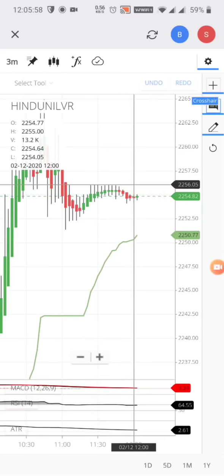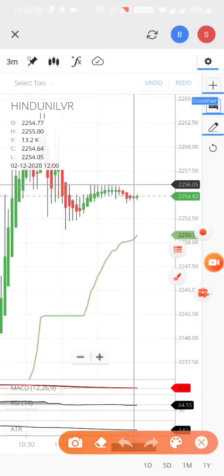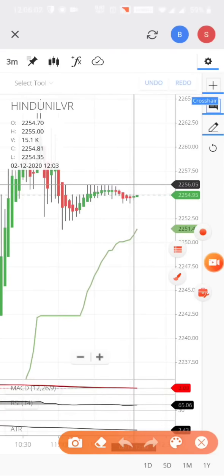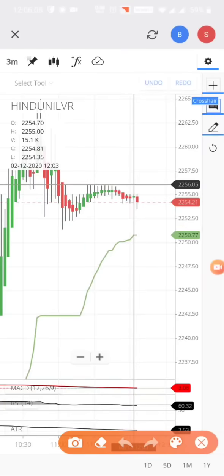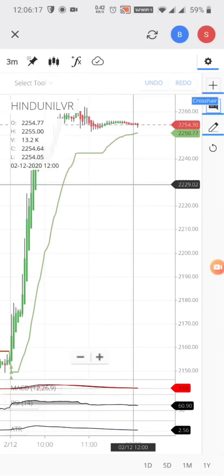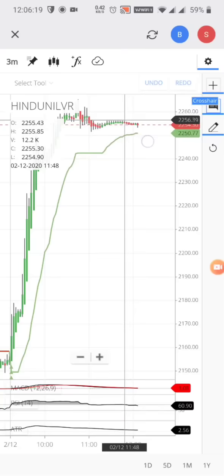That's the main idea I would like to show you, just for learning purpose, a live example. I'm trying to capture more live examples than reading out theories. So the resistance out here, this is what we're going to consider. In the whole graph, the stock was going good and got stuck at this point. So we will wait for the resistance breakout. It may take some time. The market also has to support. So let's wait and watch.